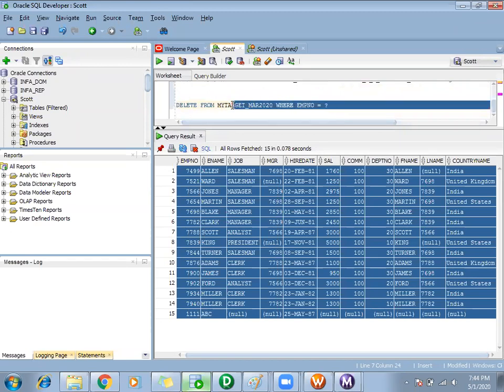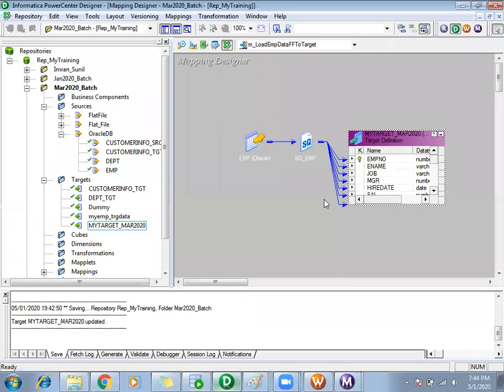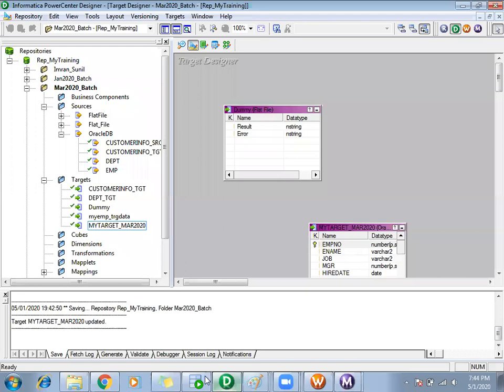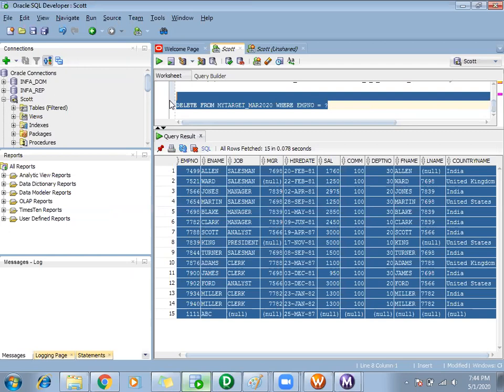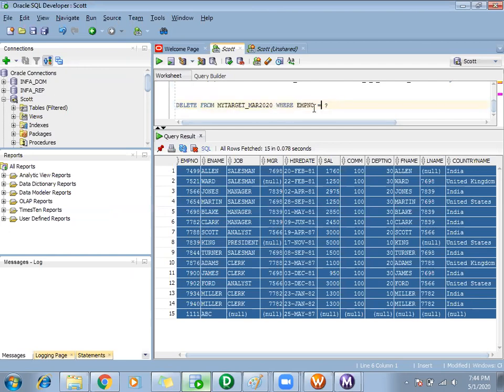This one: delete from the target table name, where based on the employee number. So why employee number? Because I have made that a primary key. Based on that primary key column, it will check whether the incoming record already exists in my table. If it exists, it will delete it. Clear? Earlier it was not able to delete because there was no primary key. So it was not able to understand based on what condition it could delete the records if they exist already. That's why it threw me an error. That means it didn't delete any records.